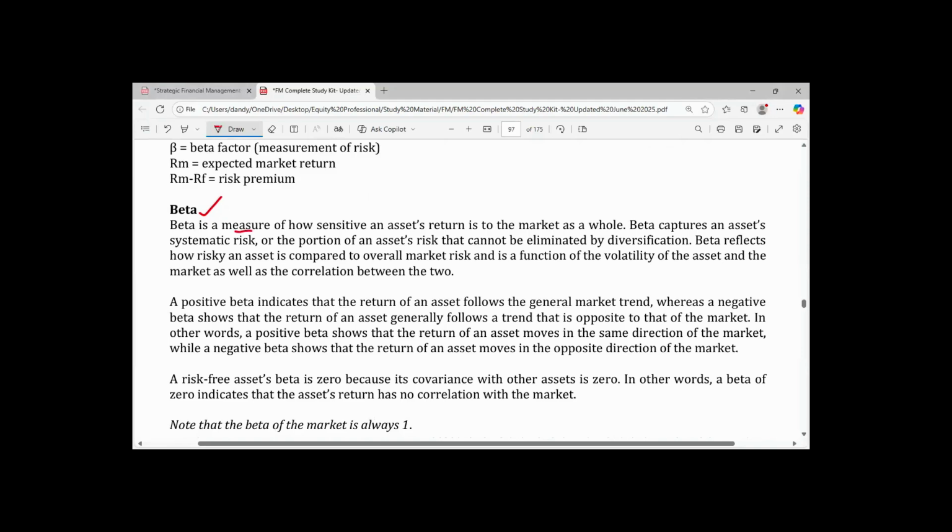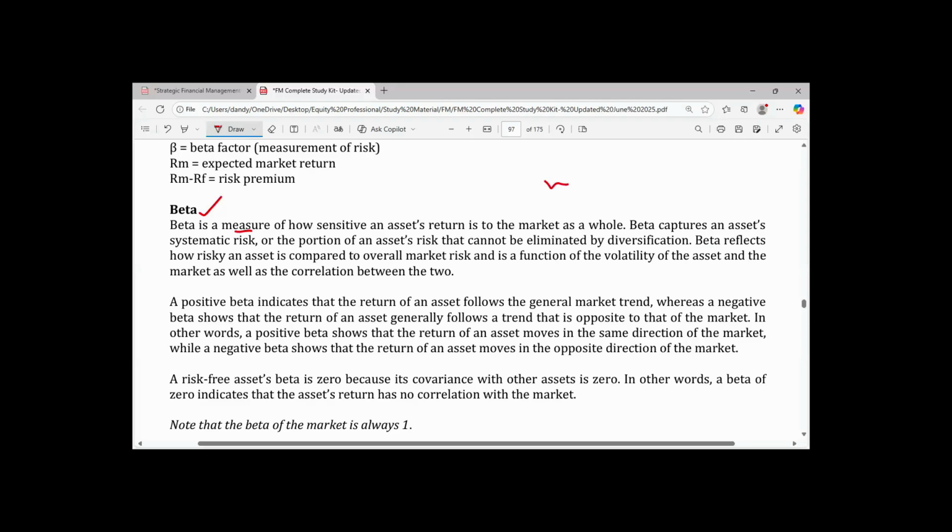Betas measure the sensitivity of asset return to that of the market as a whole. And we have 3 types of beta. We have positive beta, negative beta, and then zero beta. We said that the positive beta indicates that the return of the asset follows the same direction as that of the market. Then the negative beta indicates that the return of the asset is in the opposite direction of